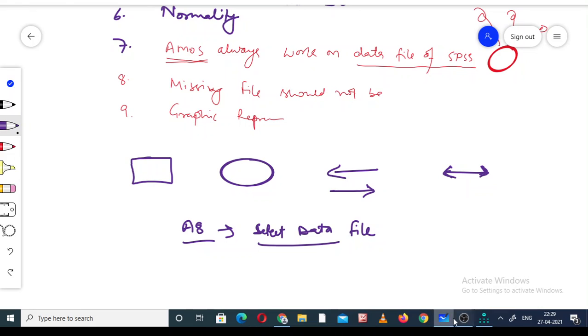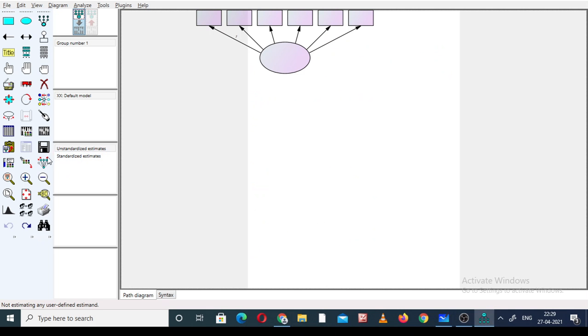So like this, just check it. As we discussed, these four boxes are very important. The box, the circle, the one-sided arrow, and the double-headed arrow. So these four are very important. We can draw it. We just click on this one, and we can draw it here. This is one like this. We can increase the size. We can decrease the size also.